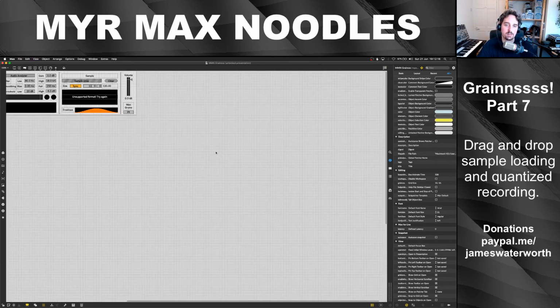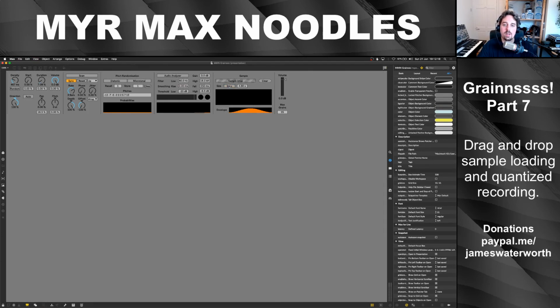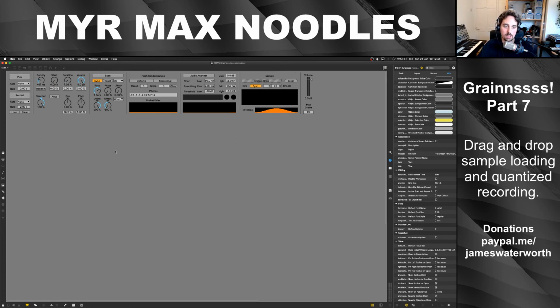Now we should have a situation where we turn sync off, and we can see the sample at the current sample size we've set. I turn sync on, and I can see the current tempo at the value we've set it to. So if I'm in sync mode and I set the sample size to be 2 bars and I record into those 2 bars with my microphone like this,